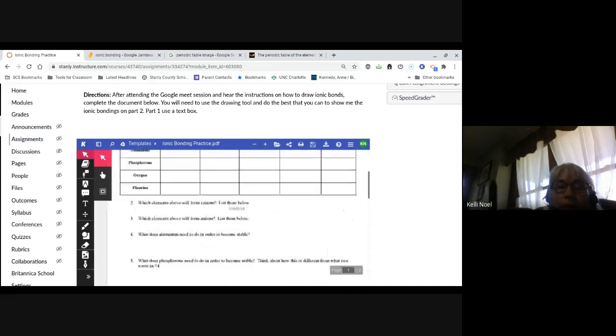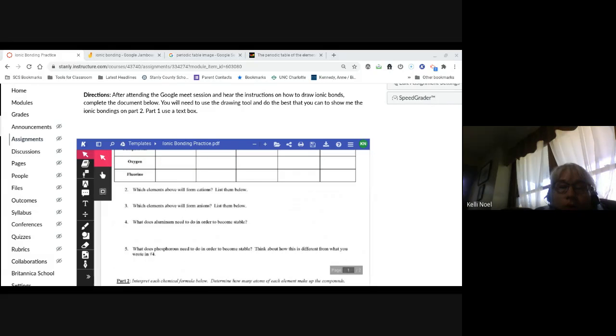When you've completed this, it wants you to tell, I am not having any luck with this. Go away. All right, when it says how many form cations, you're looking for which one has positive